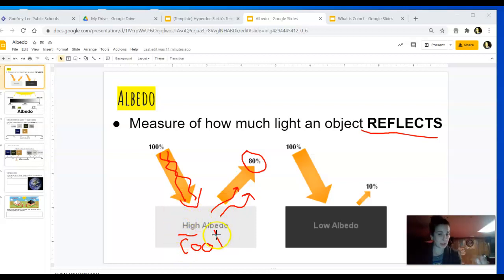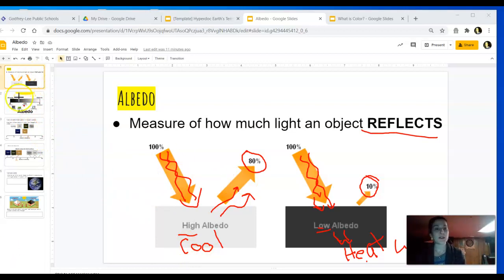So something with a high albedo is typically cooler, while something that has a low albedo, darker in color, when solar energy hits it, most of it's absorbed, right? And therefore it is transferred into heat. And this will generally get warmer. All right, so this has a low albedo or a low reflection, and that is going to be something that's darker, right, and gets warmer. And something with a high albedo is generally lighter in color, and that's going to be cooler if everything is the same.